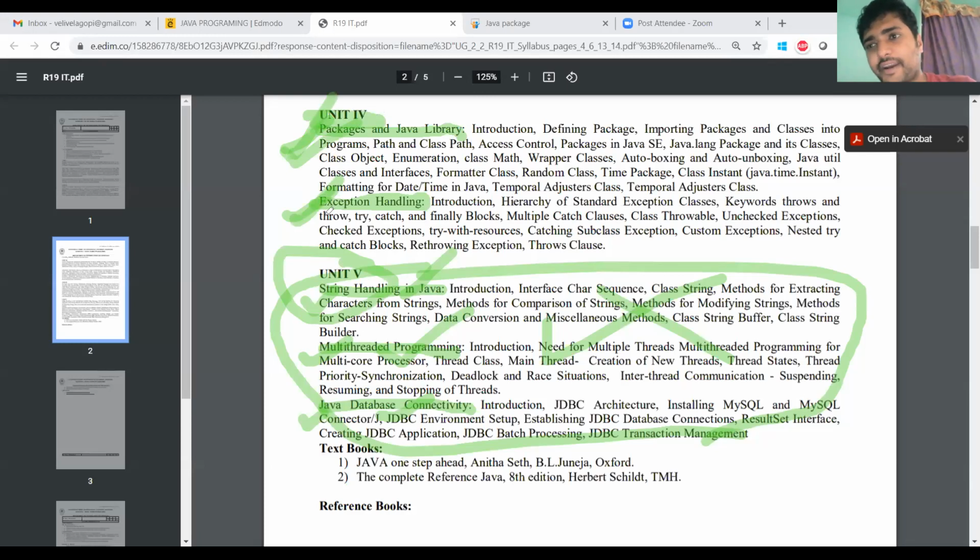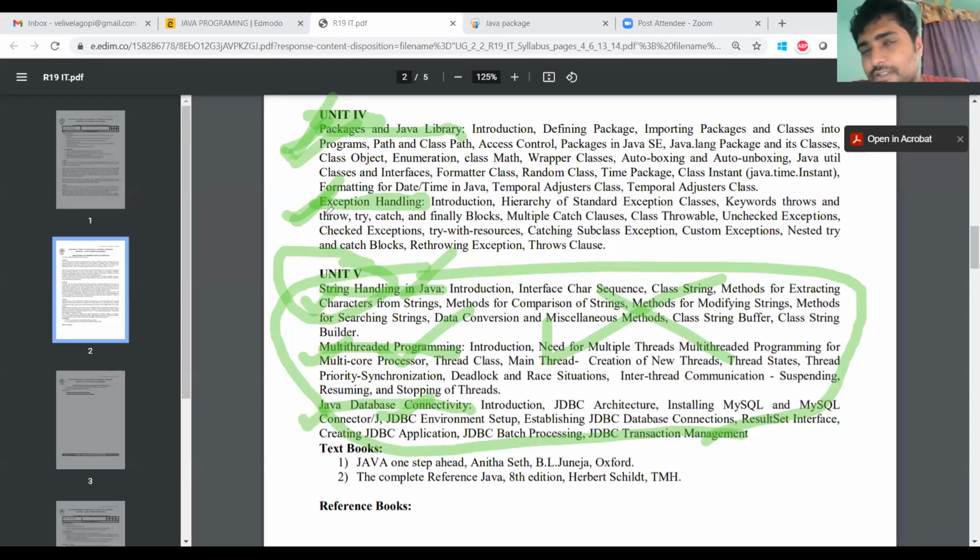Exception handling also: if you get any errors, they must be properly handled. That is possible if you include exception handling concepts in your programs. It becomes an added advantage to the programmer, meaning the robustness of the program will be increased.